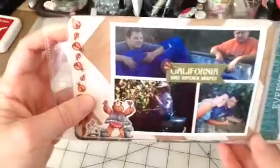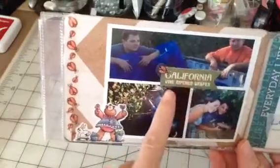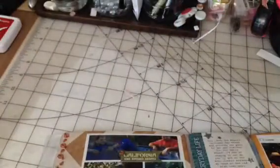The next pocket is of my niece and her husband and Johnny. They're making their own wine. And I finally got to use this. I love this little paper. It's crepe paper, the Farmhouse Collection. We live in California, and so it has the produce there. It says California Vine Ripened Grapes, because they looked up a farm on Craigslist and were able to go